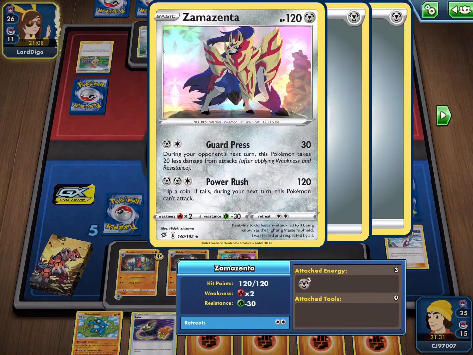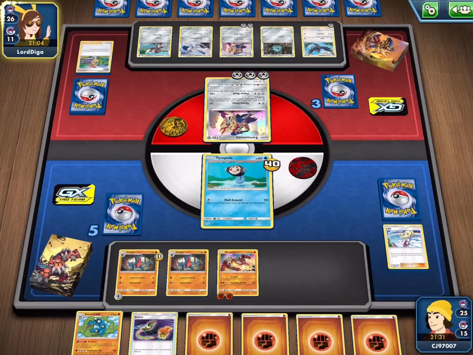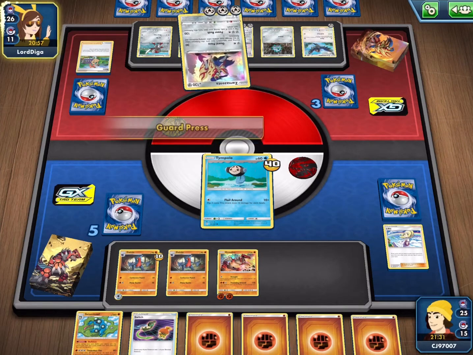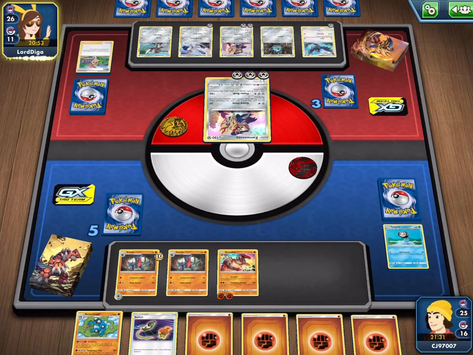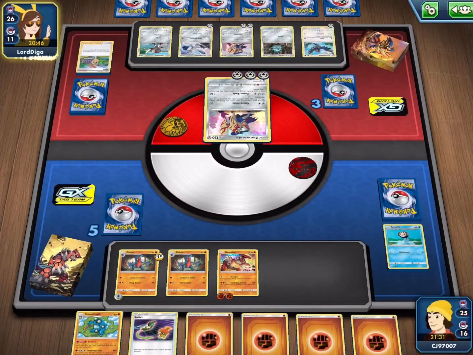And also the Zamazenta is reducing damage by 20, so our Groudon actually won't be able to get a knockout here now that I think about it. Dealing that 30 damage and getting a knockout with Temple this way means that they are reducing that damage, so 130 on our Groudon goes down to 110, and means that we are going to be missing a knockout, but